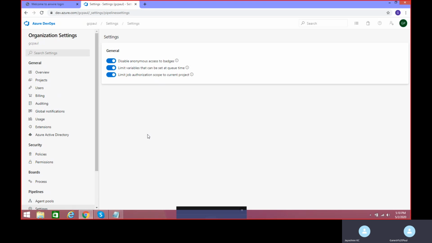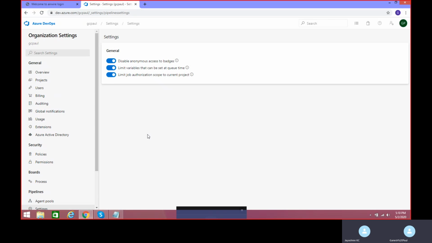The settings here will allow you to make sure that you're not allowing anonymous connections, to limit the variables whenever you're running your job, and also to limit the authorization for a specific project. Right now, let's not go deep into this, because until you learn how to create a pipeline and run a job, you will not understand these terms.